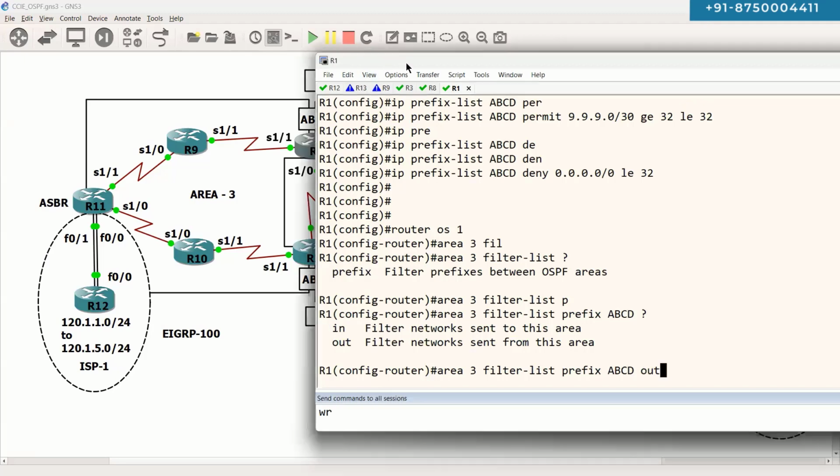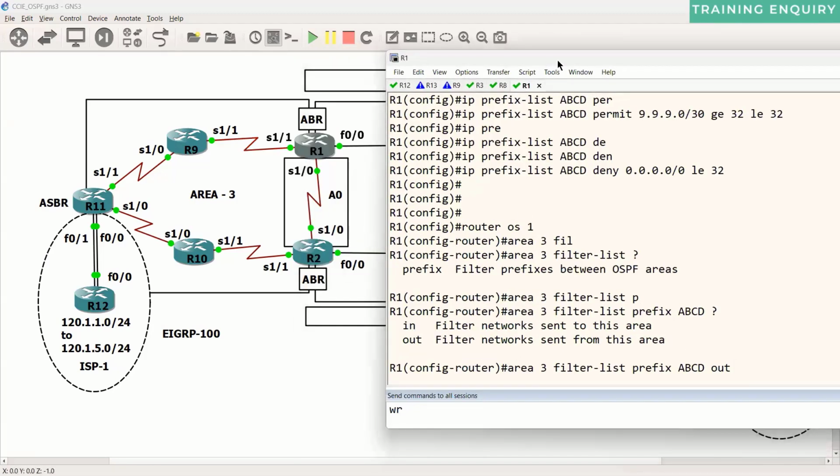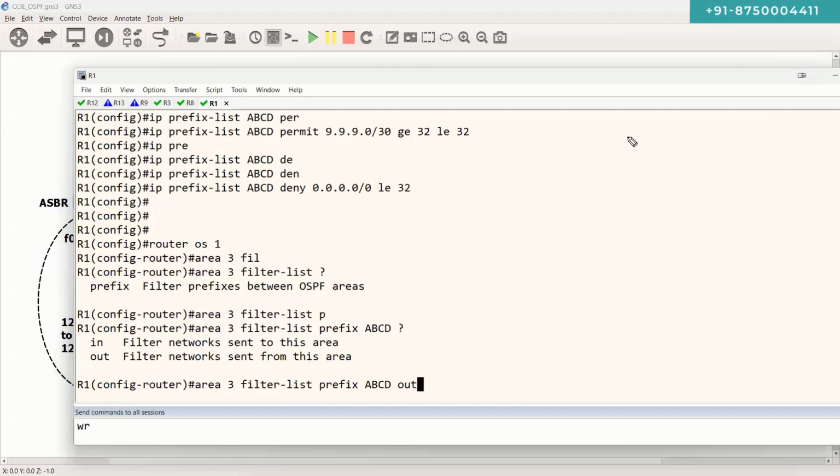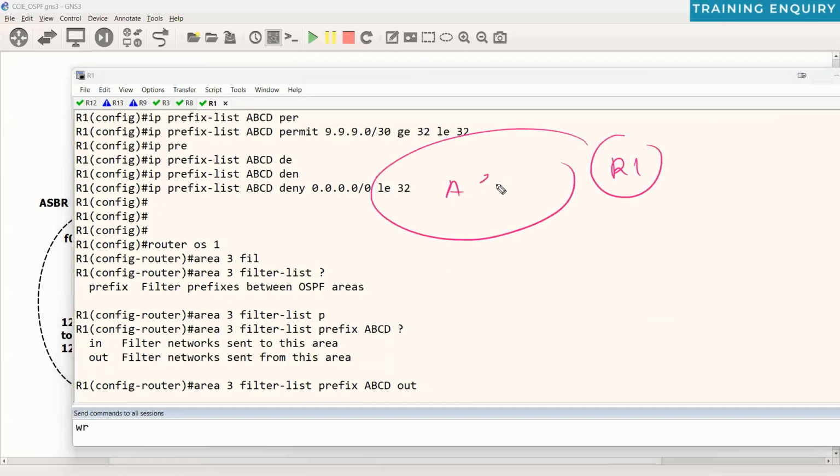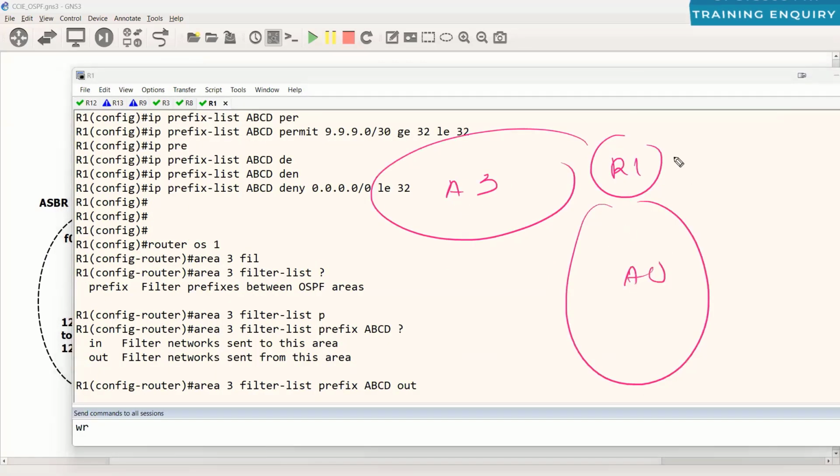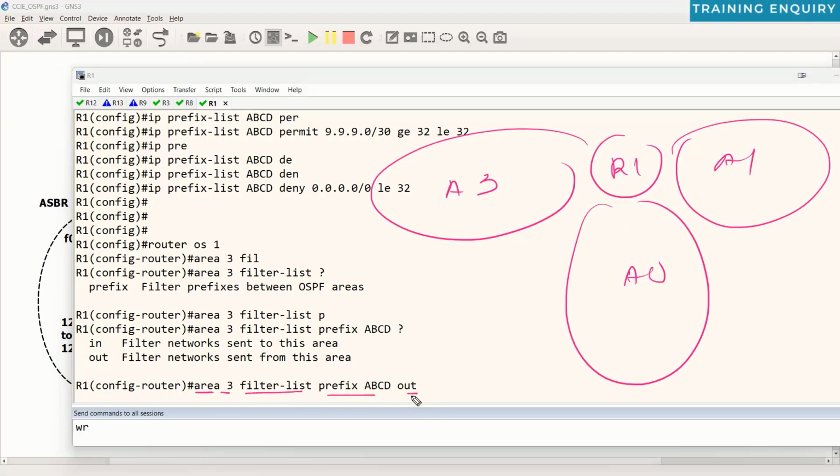So currently on router number 1, we have 3 areas. On router number 1, we have area 3, we have area 0, and we have area 1. If I write this command, area 3 filter-list prefix out, what does it mean? It means that on router 1, when the prefixes are being advertised out of area 3, the filtering will take place. Area 3 out means